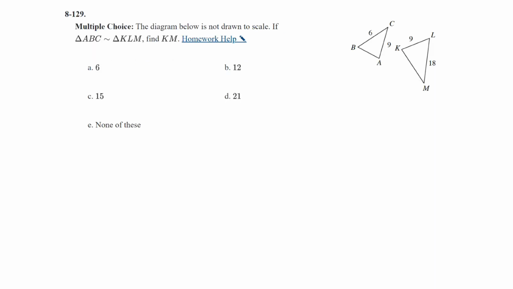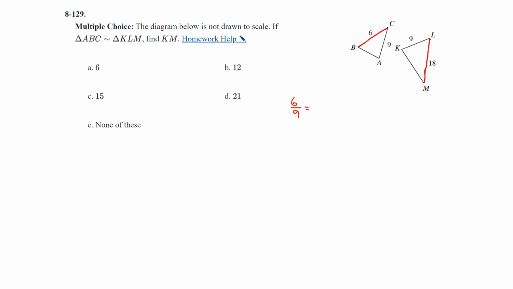Question 129, multiple choice. The diagram below, or shown at the right here, is not drawn to scale. If triangle ABC is similar to triangle KLM, find KM. So BC, this side length right here, matches up with LM. And we know this for sure because right here, BC and LM are in those same positions when they do their similarity statement. So I'm going to do 6 over 9